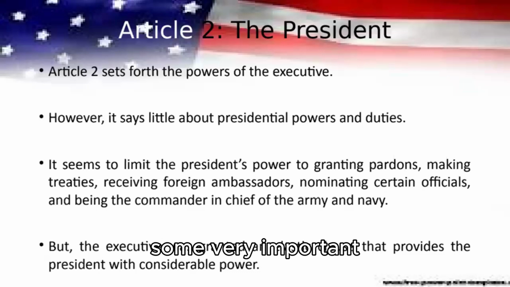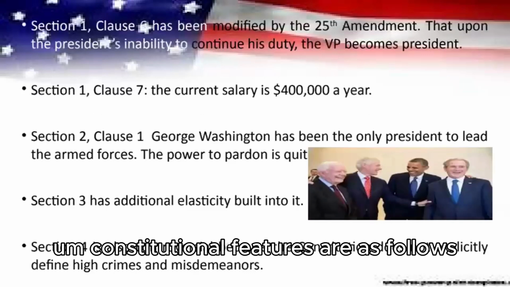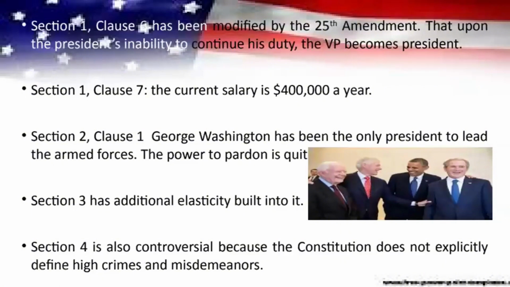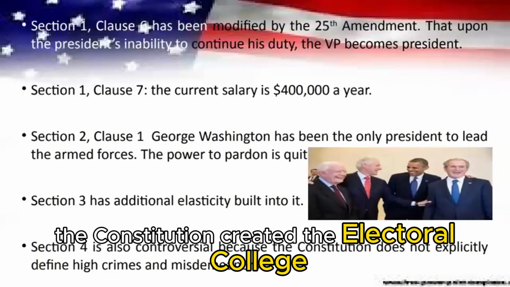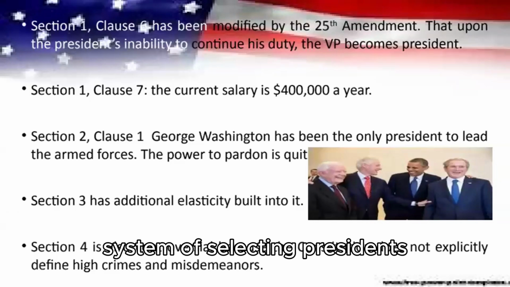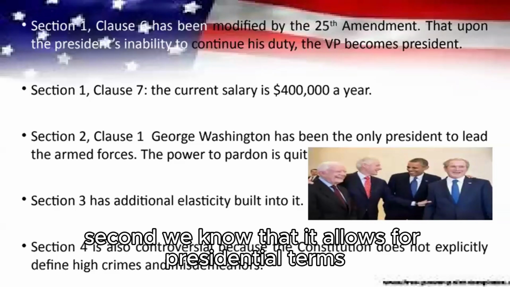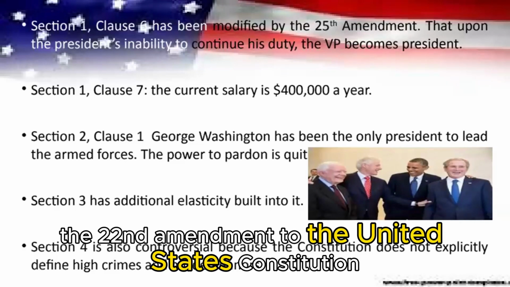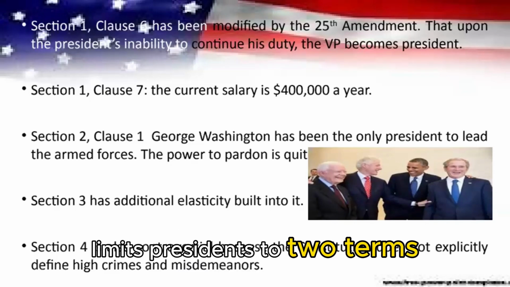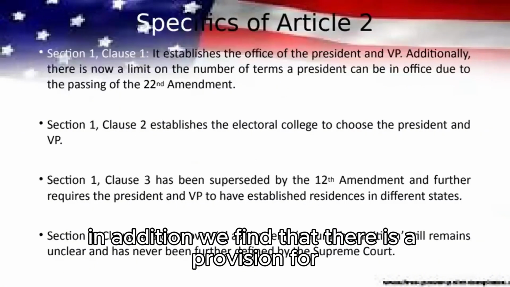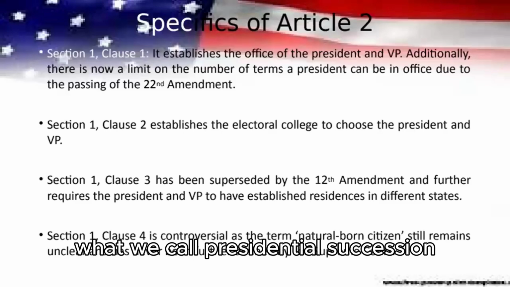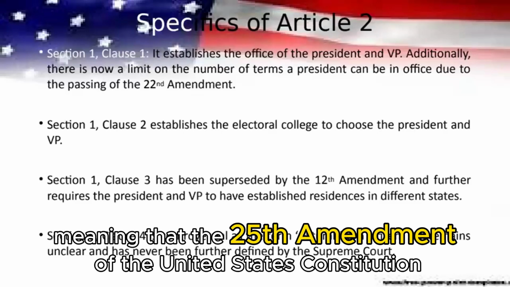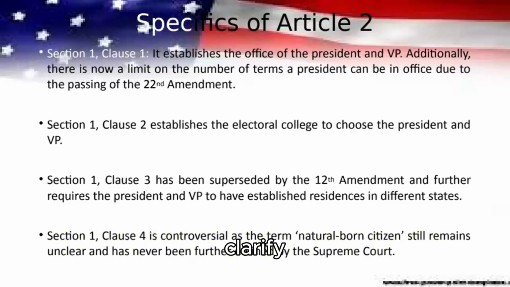Some very important constitutional features are as follows. The Constitution created the Electoral College system of selecting presidents. Second, it allows for presidential terms. The 22nd Amendment to the United States Constitution limits presidents to 2 terms. In addition, there is a provision for what we'd call presidential succession, meaning that the 25th Amendment of the United States Constitution clarifies